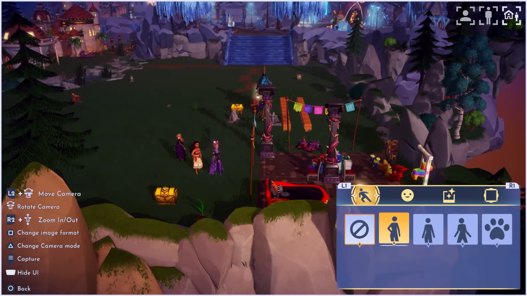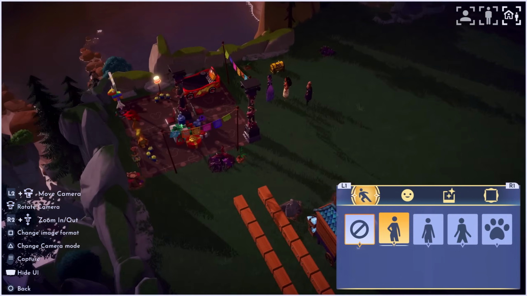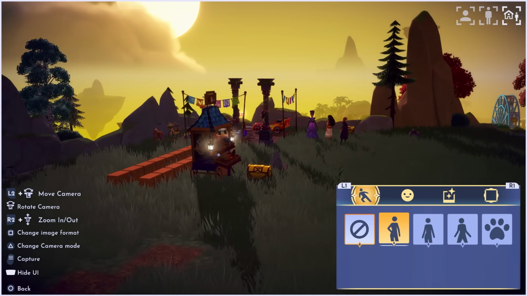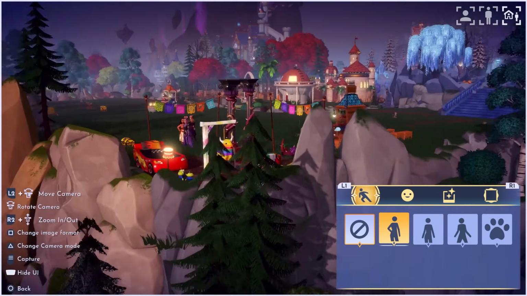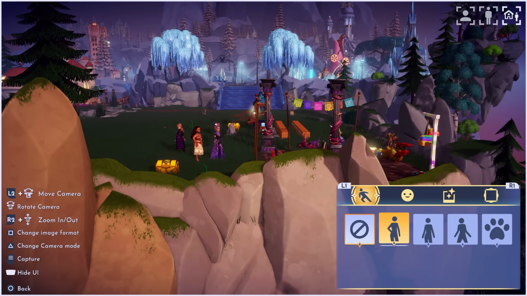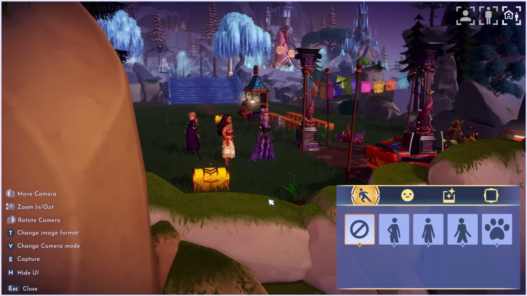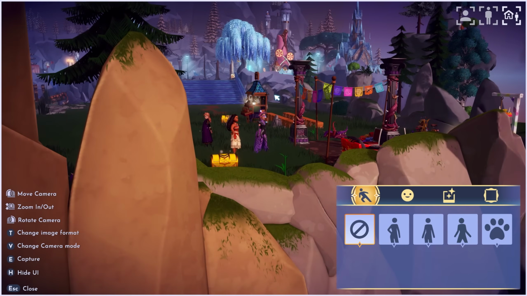Basically, this camera mode allows you to go very far from your character and get some incredible cinematic angles. This camera mode has some limitations too, of course, because it does not allow you to take an angle from the eye level if you're far away. So you cannot go any lower, which is